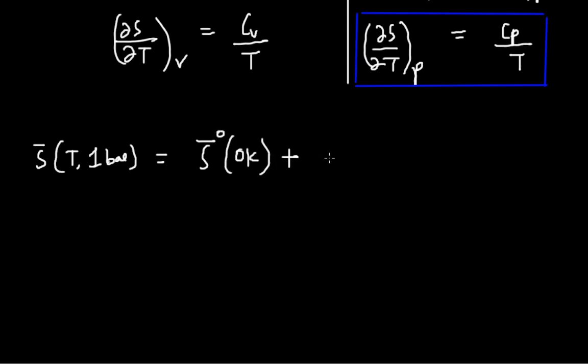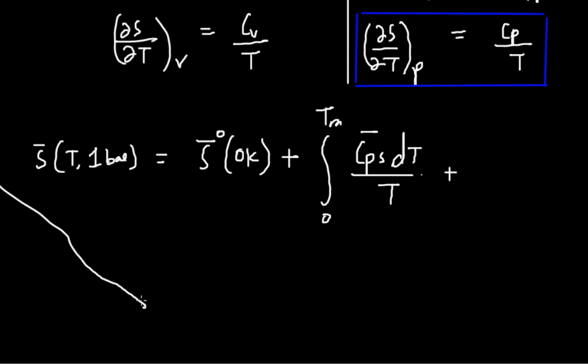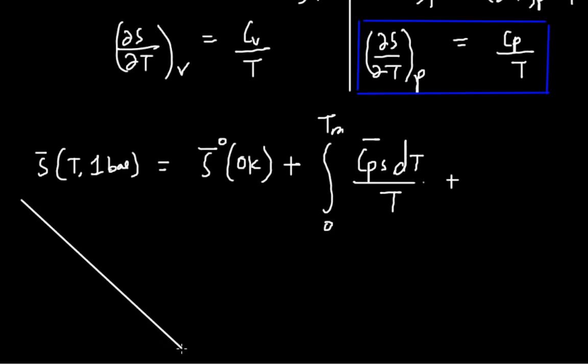And from there, for the process from 0 to melting temperature, the entropy increase is given by the integral of Cp dT by T, plus, now delta S is equal to dq reversible by T,